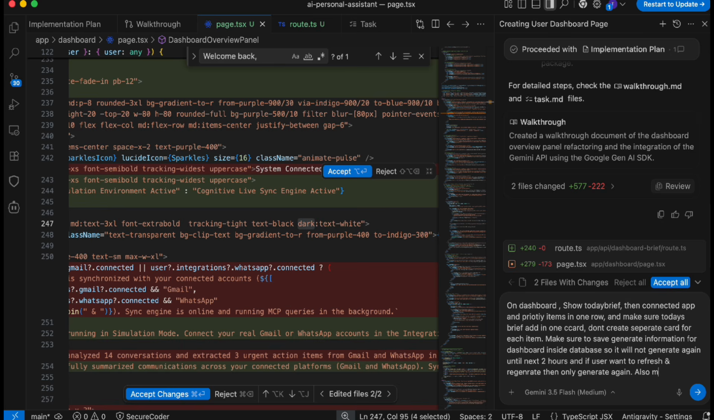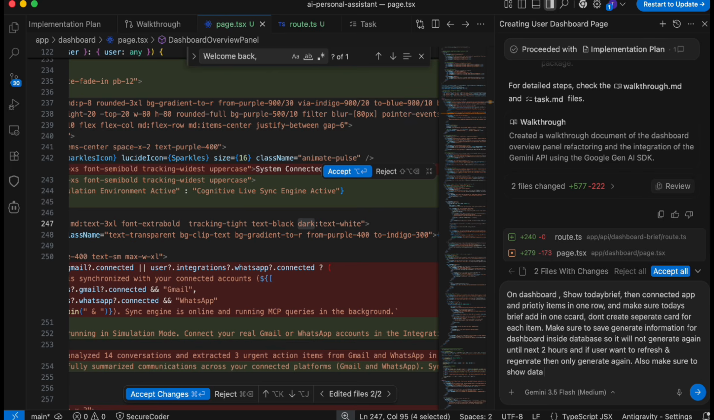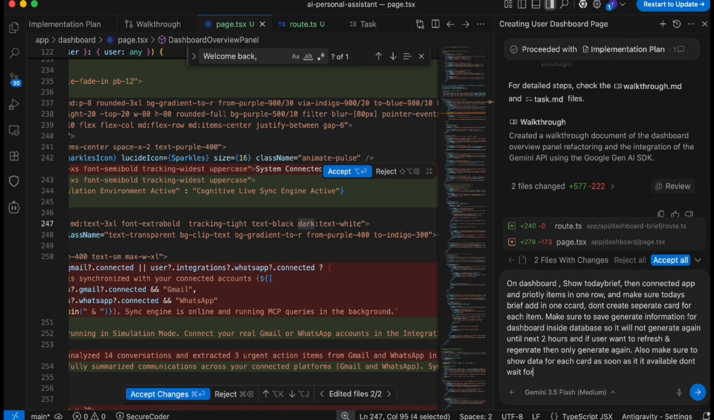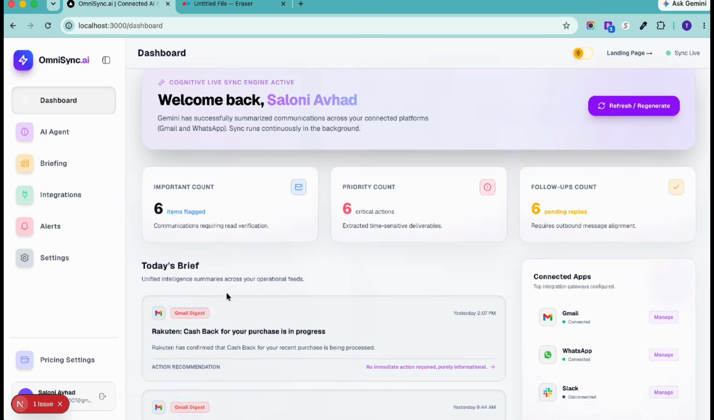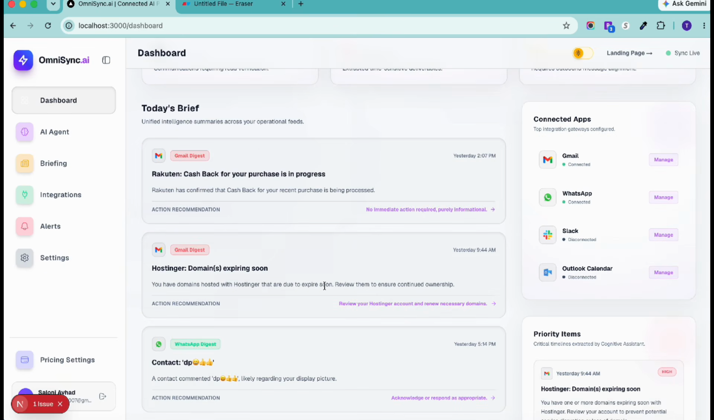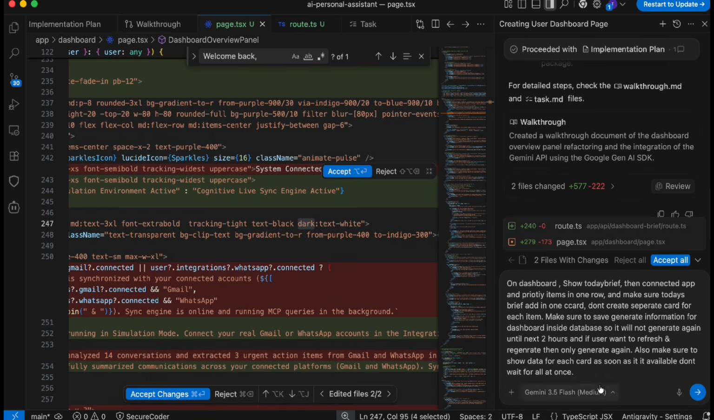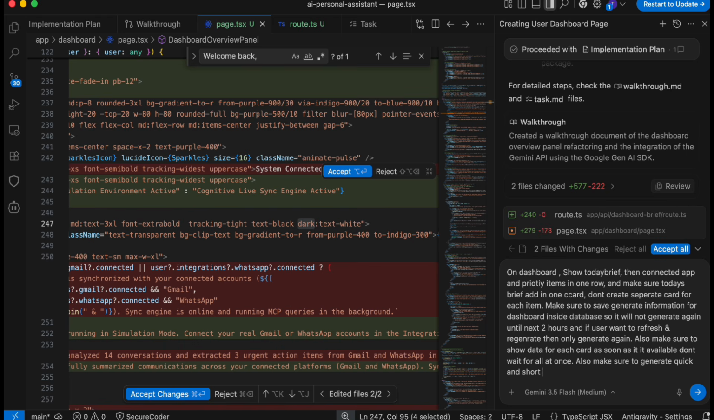Also make sure to show data for each card as soon as it is available. Don't wait for all at once, because we don't want to wait for all at once, right? So whichever is ready, they just generate it. Also make sure to generate a quick and short brief,